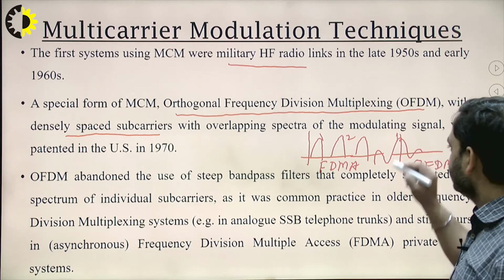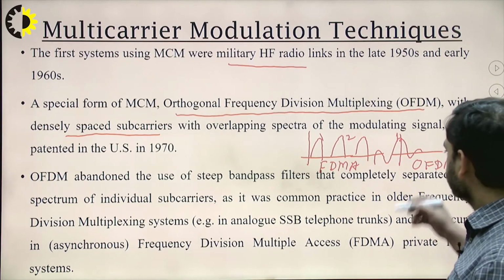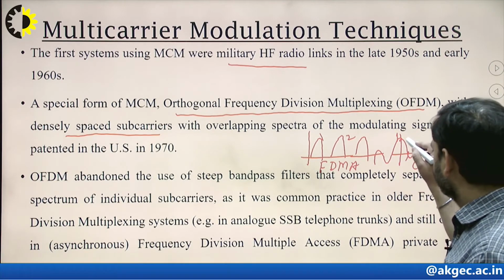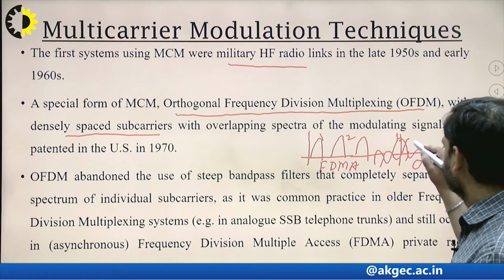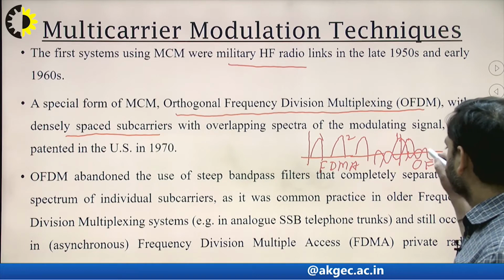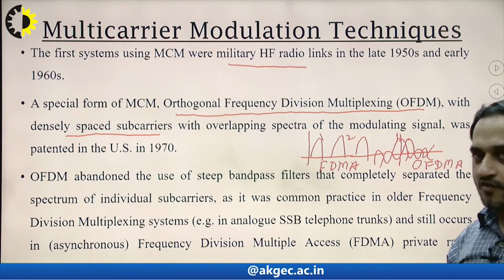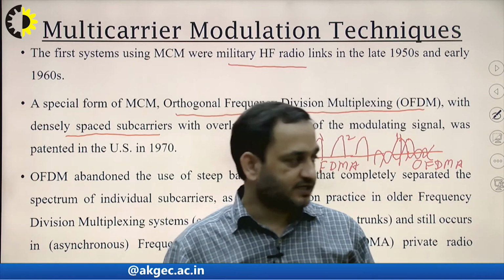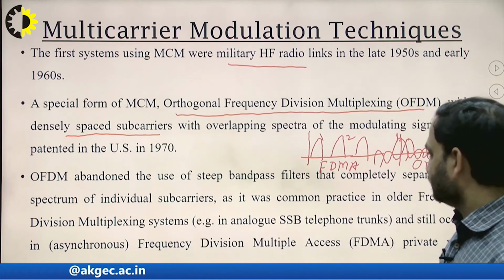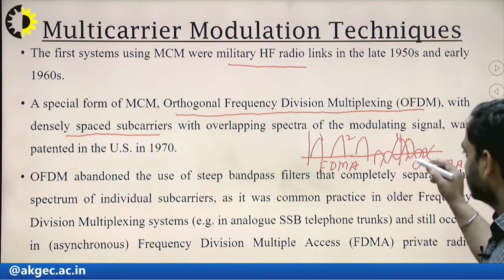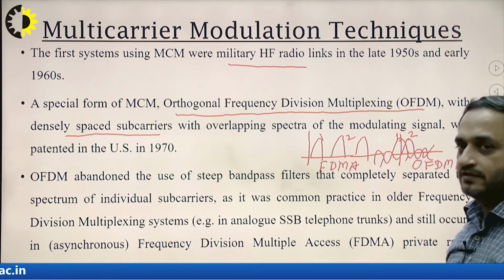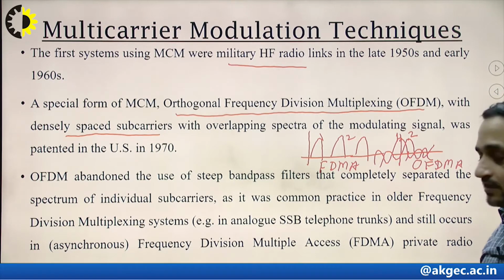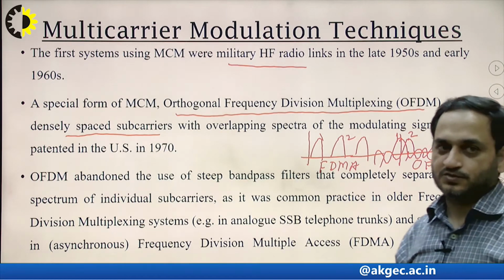Similarly, we have the first subcarrier here, and the second subcarrier will be at the null point of the first subcarrier. So the peak will be from here, like this. So there is an overlapping of the signal spectra of the subcarriers, and in that way they will be orthogonal to each other. In this case, the condition for orthogonality is satisfied, so these subcarriers will be orthogonal in nature. Because of that, the ISI can be reduced.